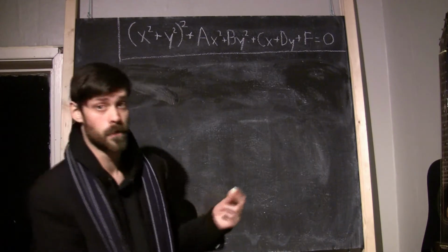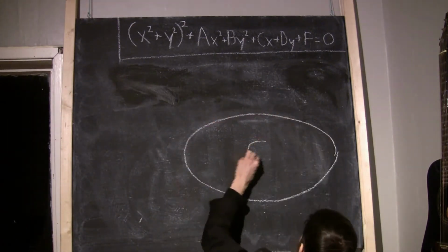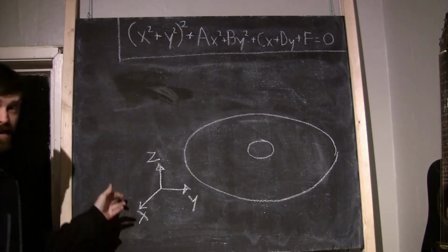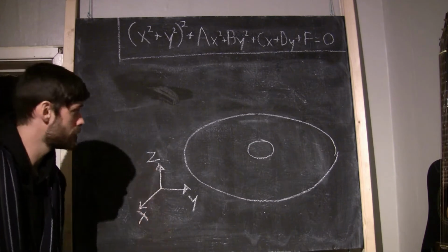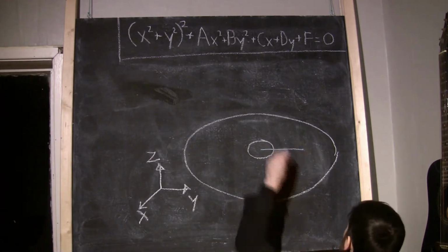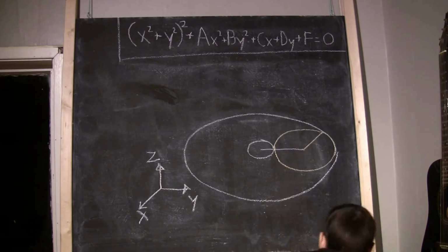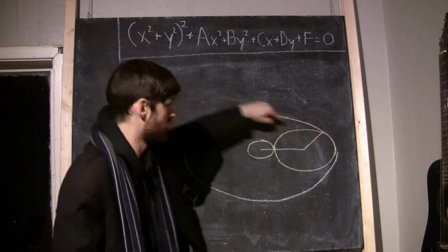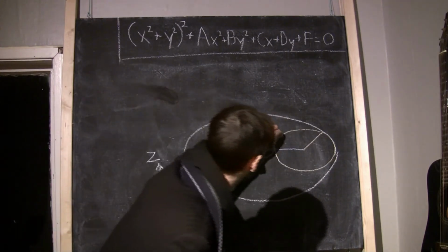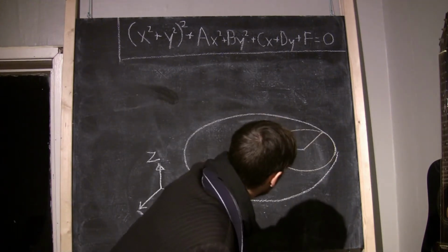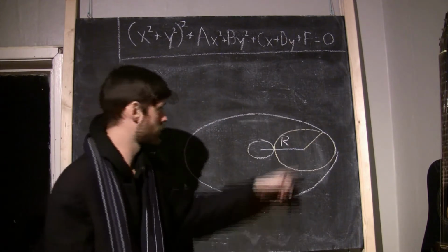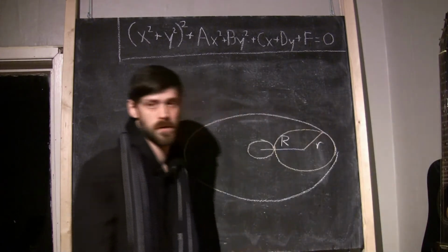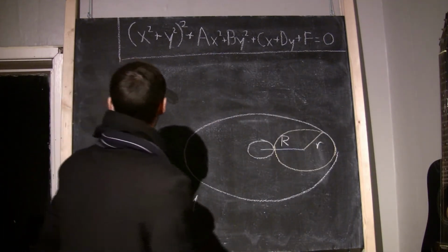Now, if we have a donut where the axes are x, y and z, if we were to name the distance from the origin to the center of the circle of revolution big R, and we name this distance small r, then we can write